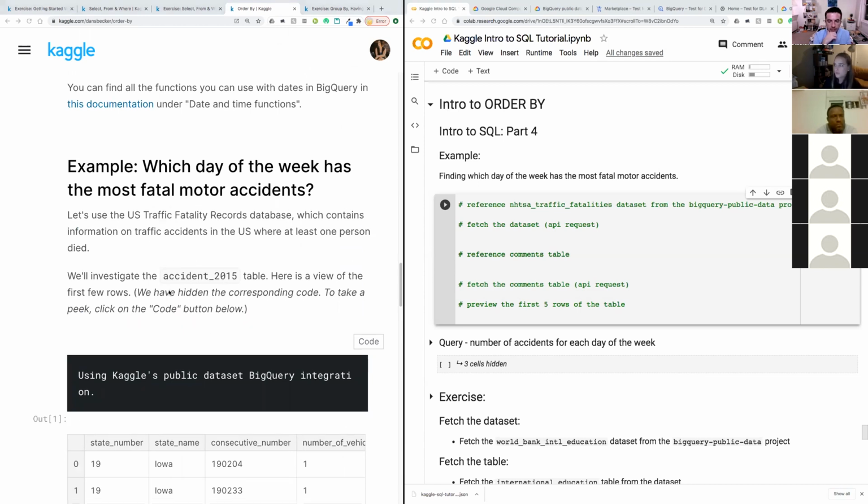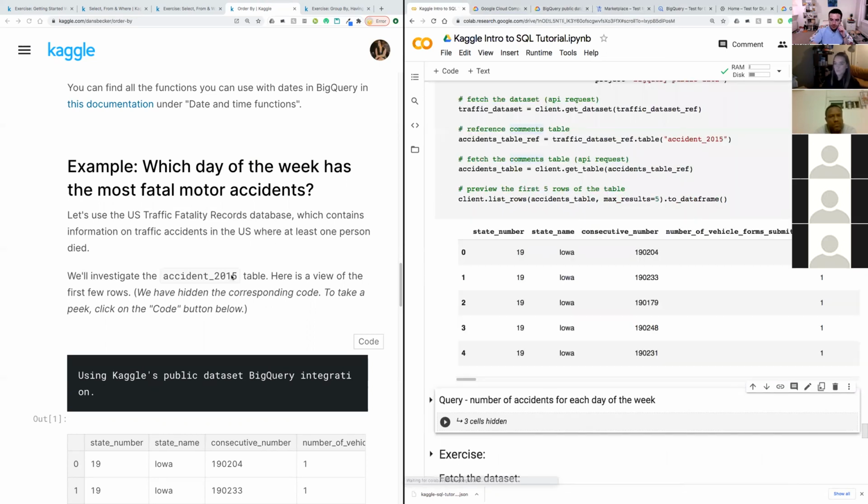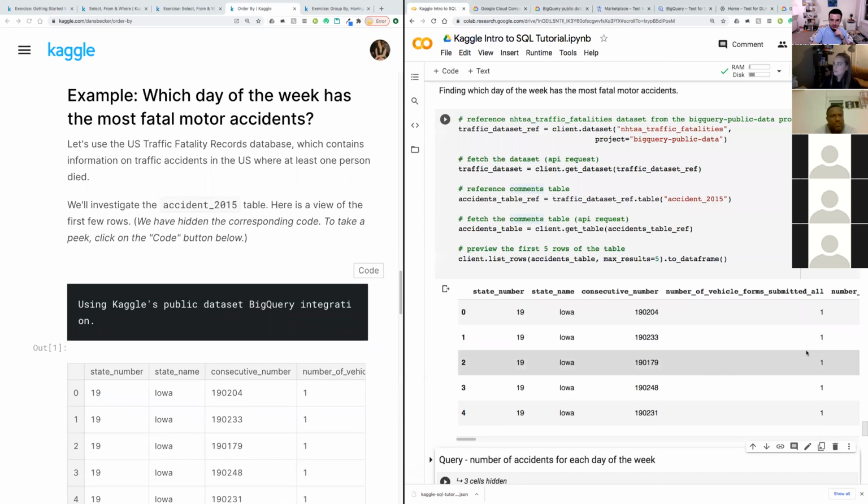We're going to use a new data set. We're going to use this US traffic fatality records database. And we're going to be grabbing the 2015 accidents table. So again, I'm going to copy and paste this, and we're following the same flow: reference, data set, reference table, table, listed out. So you can see it gets kind of monotonous. I'll leave that there so you can, if you can type really, really fast. Okay, so we're printing out our